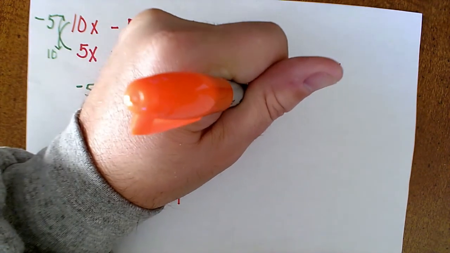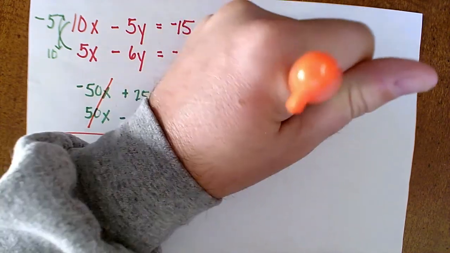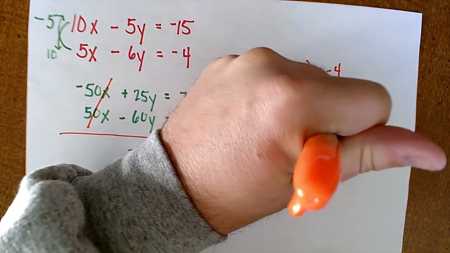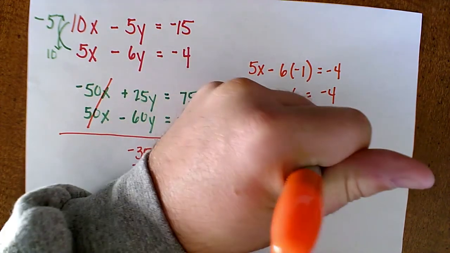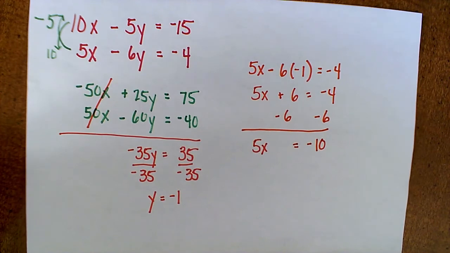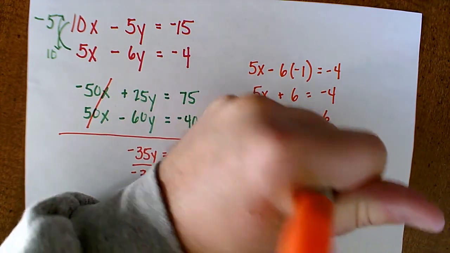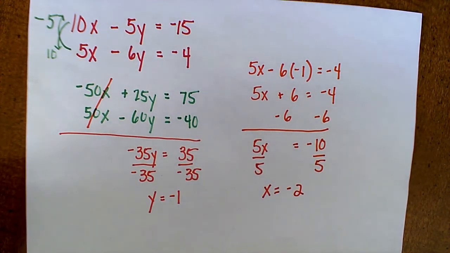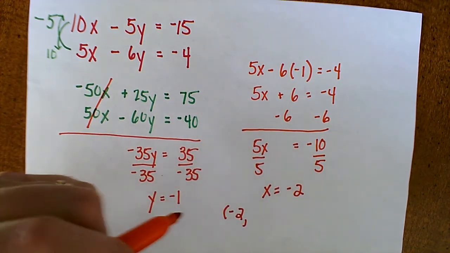We have 5x plus 6 equals negative 4. We have minus 6 and minus 6. So 5x equals negative 10. Divide by 5. Divide by 5. X equals negative 2. So our solution is going to be negative 2, comma, negative